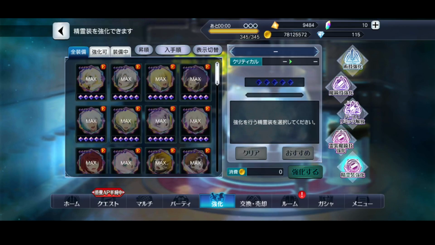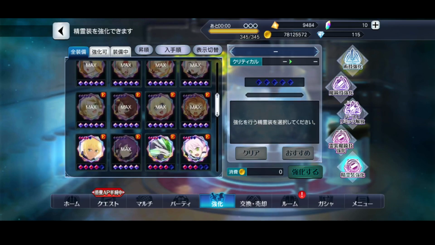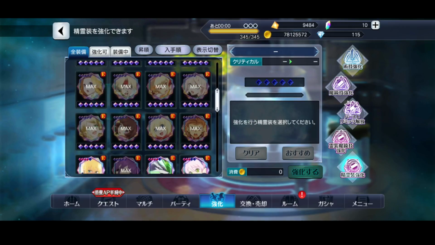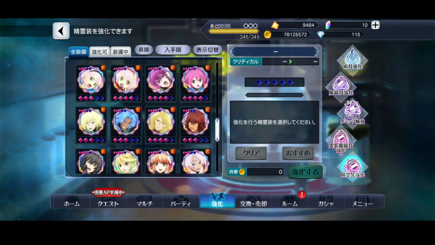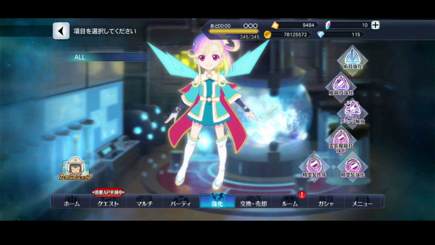This one down here is the tab for actually leveling them up. As you can see, all the way up to Flynn, I have all of the characters up to level 5, and I think I actually have a few at level 5. No, the rest down here are not filled out. So there's that, and then